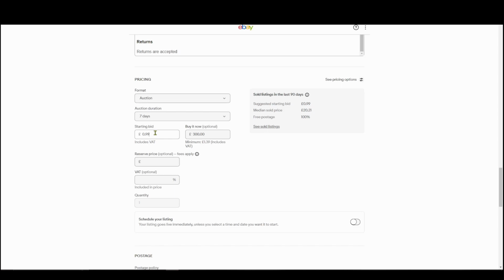So what happened was someone came along on the first day of the auction and bid 99p for this item because it was collection only. It was garden furniture. There was only a limited number of people who were ever going to bid on it. It had to be people who lived in that particular area with a big enough car to fit some garden chairs in it. And so this 300 just disappeared then. So this is only valid until someone makes a bid, unless you're clicking